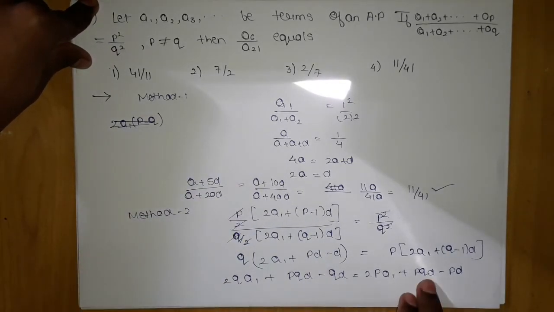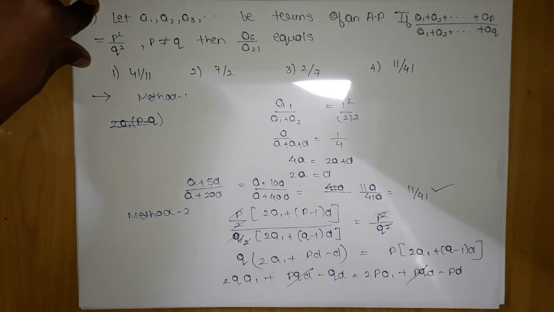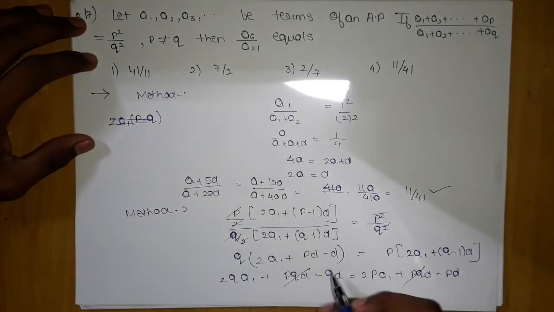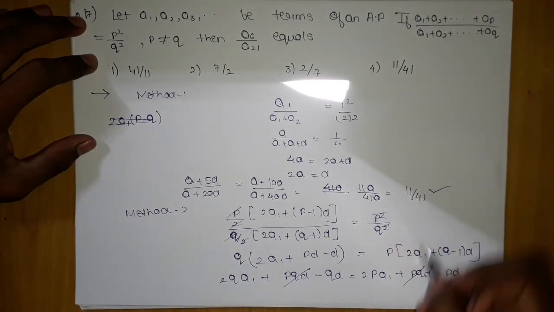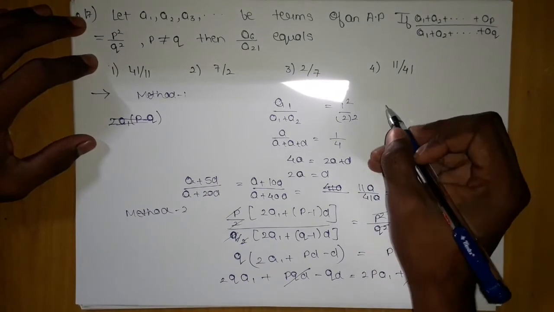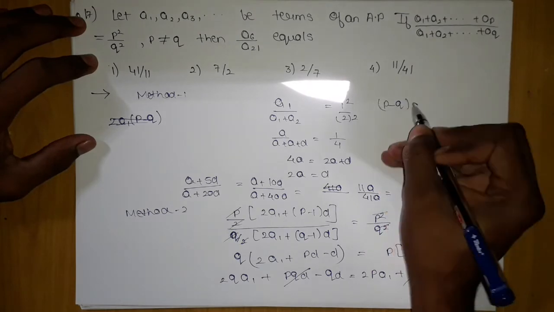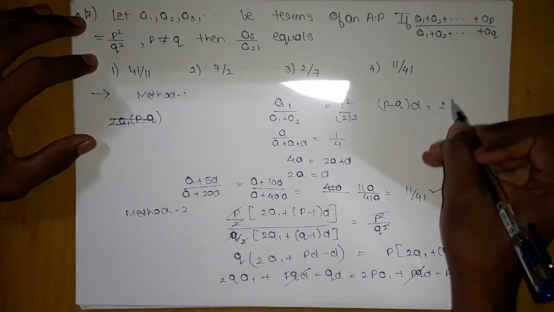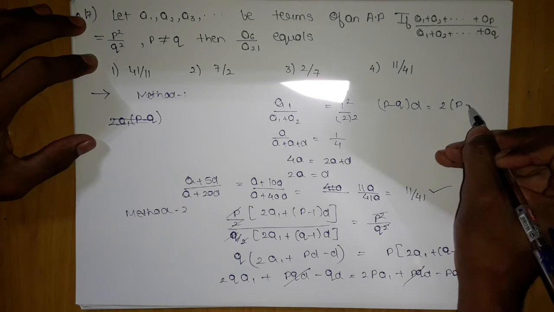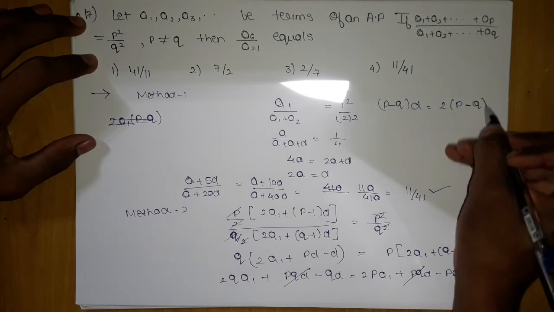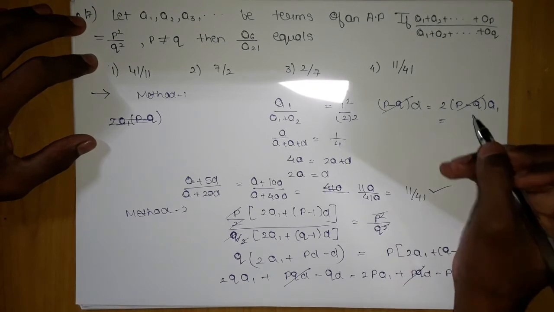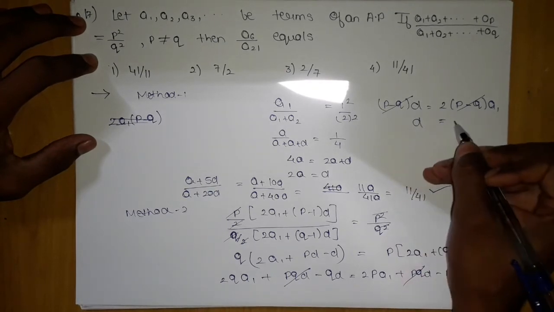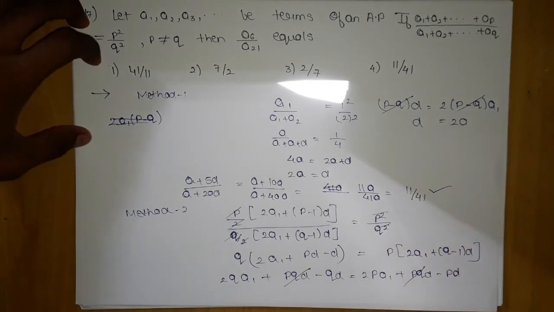So if I bring this, this will cancel out, this will cancel out. So here you can see that these two will cancel out, giving me my final answer. I will move this to that side, which will give me p minus q into d should be equal to 2 into p minus q into a1, where you will see that these two will cancel out, giving me my final answer as d is equal to 2a1. Okay, a1 or a doesn't matter.